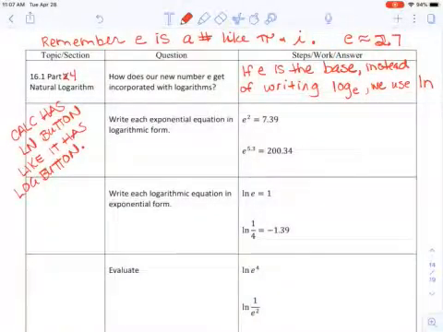Hey everyone, hopefully having no new assignment yesterday gave you an opportunity to catch up on all of our log